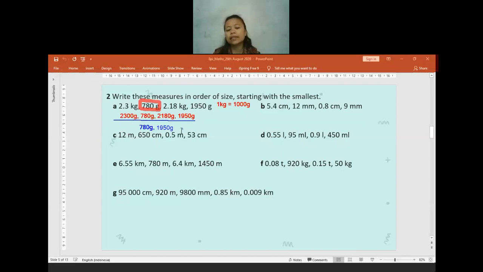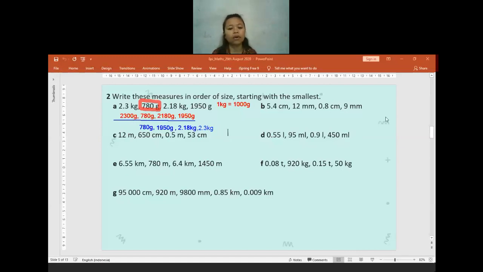Yeah, we write the 2180 gram, but we change the 2180 gram into the original number. The original number is 2.18 kg. So I write it as 2.18 kg because I need to follow the question. The number is given in kilogram, so I change it into kilogram again. So the biggest one will be 2.3 kg. Is there anyone who gets confused, or maybe my explanation is not clear enough? No confusion? For sure? No, teacher, no confusion.